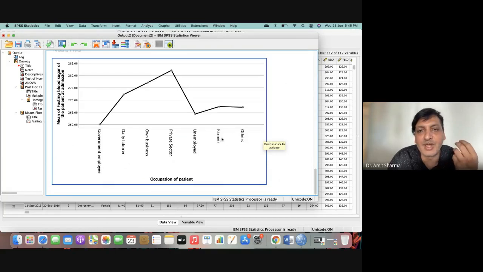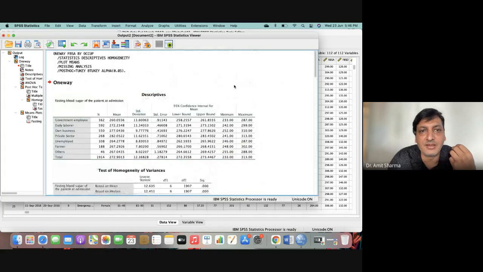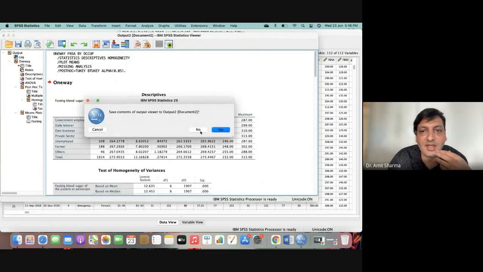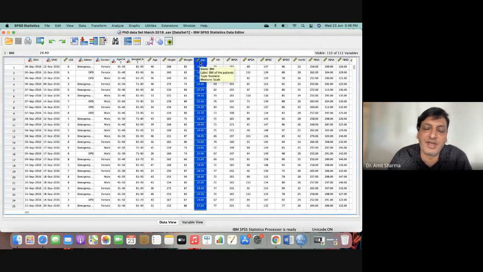So at least more than two categories are required to run the ANOVA. And you can see it was run at alpha level 0.05. So this is the way, I think everyone has learned how to run the ANOVA and how we fill the data. Data you can fill directly in terms of numeric value, both the independent and dependent variable. But the independent variable you have to convert into categories if it is available in numeric form. If it's already given in categories, then no need.